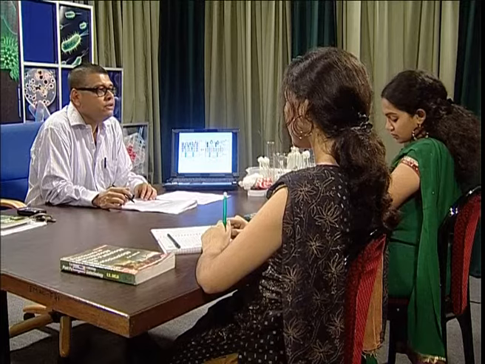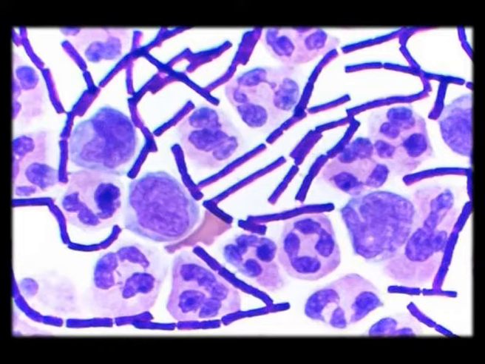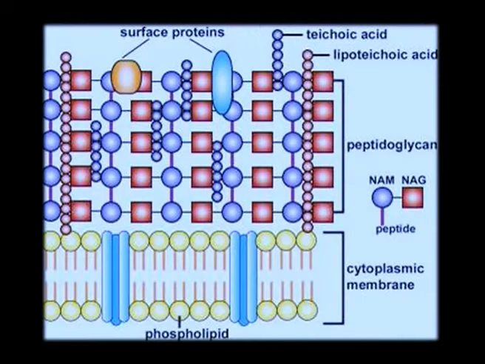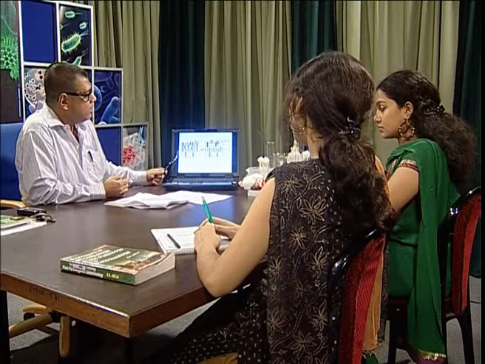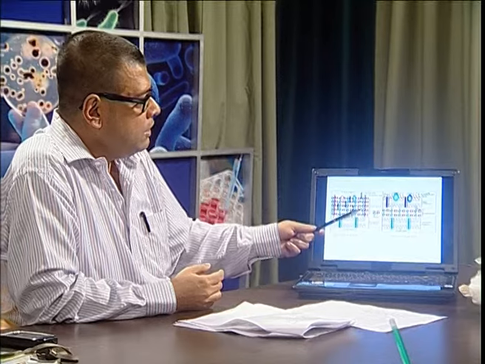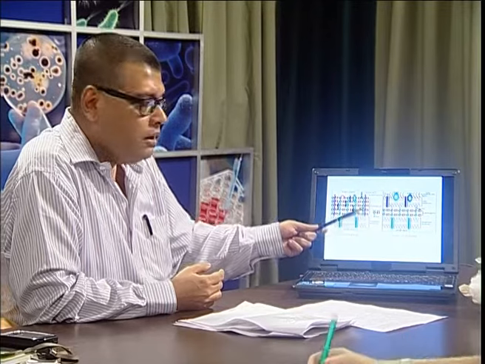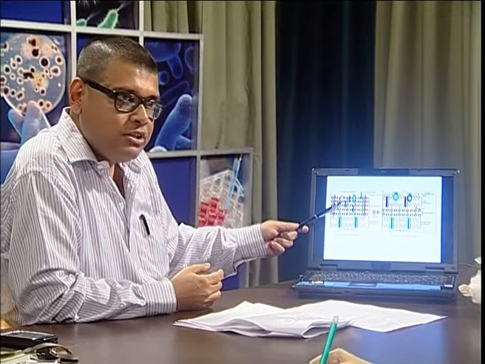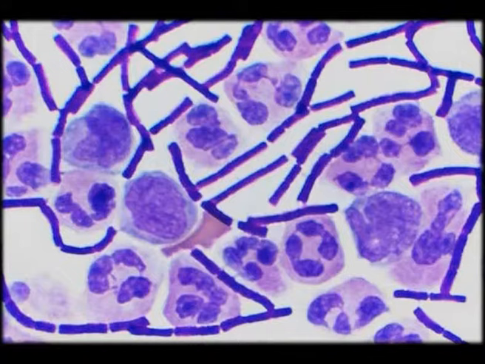But most importantly, when we consider their structure, bacteria can be classified into two major types, that is gram-positive and gram-negative. That is on the basis of the gram stain that they retain or lose. This is the gram-positive cell wall, this is the gram-negative cell wall. In the gram-positive cell wall, you can see this structure is the peptidoglycan structure. And this peptidoglycan structure is formed of the heteropolysaccharide of N-acetylmuramic acid and N-acetylglucosamine, which is interconnected by tetrapeptide linkage. Whenever they are stained with crystal violet with iodine, the stain is retained, so they are gram-positive.